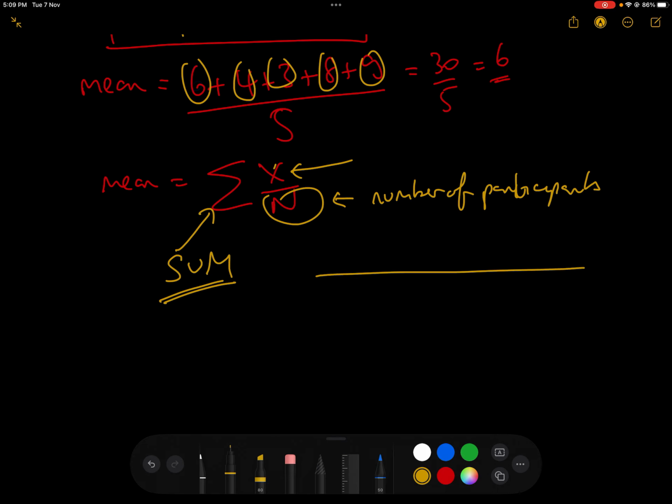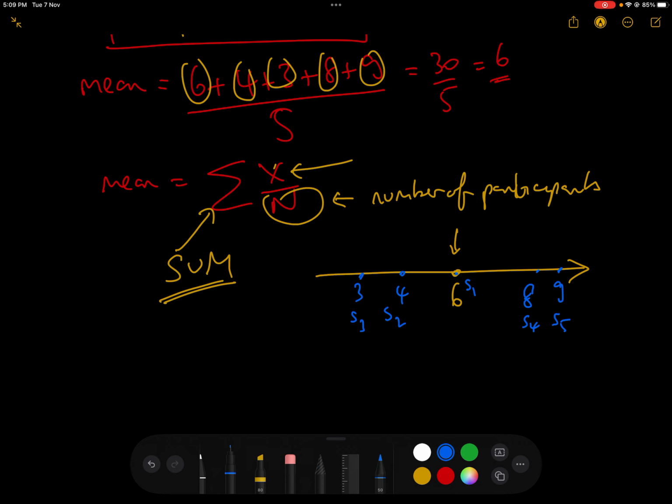Okay, now if we just look at the mean on a number line, and here is the mean, which is, say, 6, let's look at each one of the students. S1 got a 6, so he is here, actually at 6, and S2 was a 4, so he's down here. S3 is a 3, so he's down here. Student number 4 was an 8. He moved the dial all the way to 8, so he's S4, and S5 was a 9. He moved it all the way to 9. We can see that there is a variation.